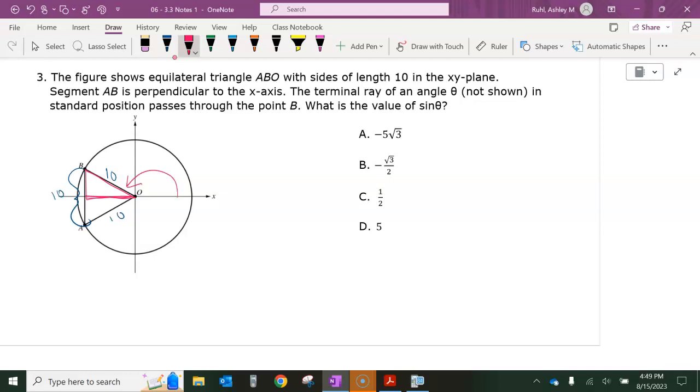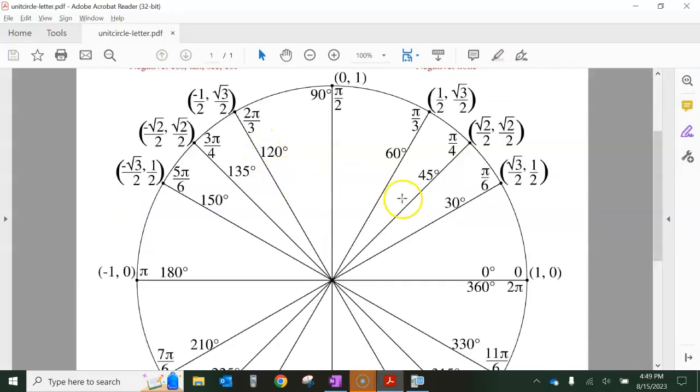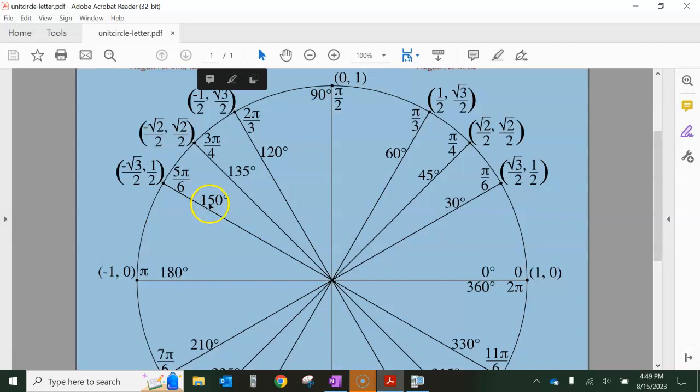Because again, remember, if I have my unit circle, so like looking here, this pi over 6 and 5 pi over 6, 30 degrees and 150 degrees, they're the exact same cosine and sine, aren't they? So this 150 degrees that I have right here,